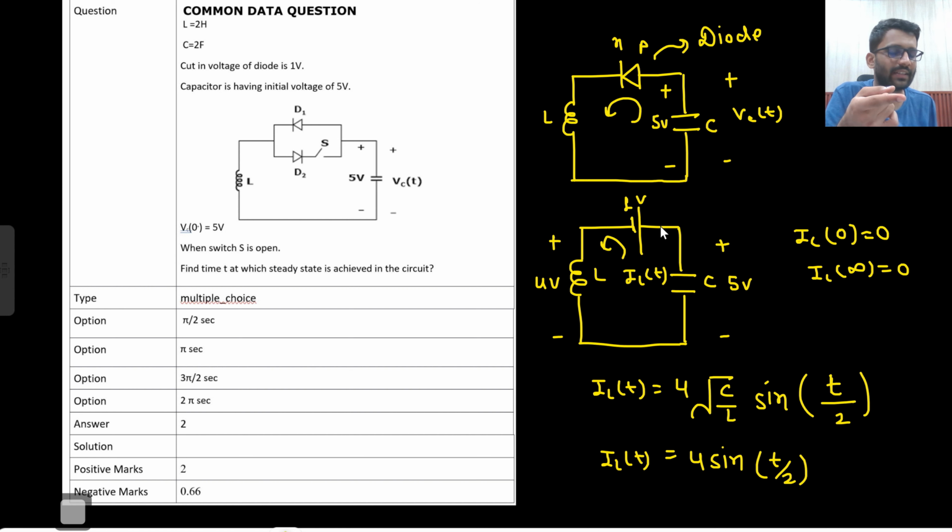Now I will only consider the 1 volt source, and I will not consider the 5 volt source. At t equals 0, you have 0 voltage, but at steady state, what voltage will you have? The inductor will be shorted and the capacitor will be open circuited. If this was ground, then this is 0, 0, 0, and this would be 1 volt at steady state, if I am considering only the 1 volt source. I am applying the superposition theorem. I cannot give you the concept right from scratch; for that, you can watch my comprehensive lectures available on YouTube.